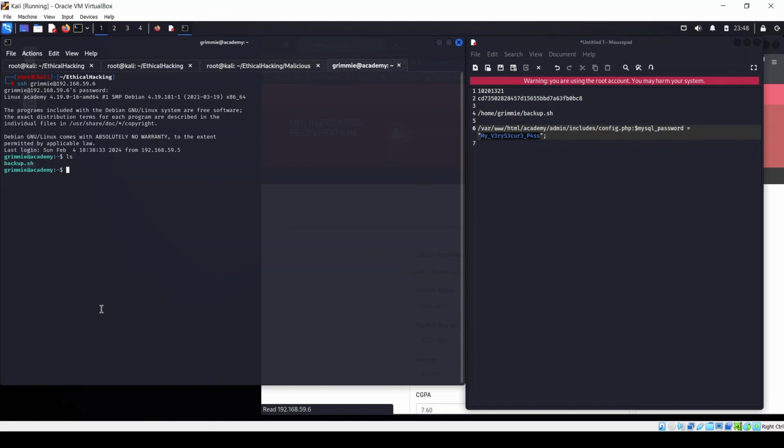We have this backup.sh. So let's take a look at what it contains. So that's backup.sh. Interesting. Okay, so basically, I think it's removing a backup.zip and then creating another one and then changing the permissions on that file. This is interesting because